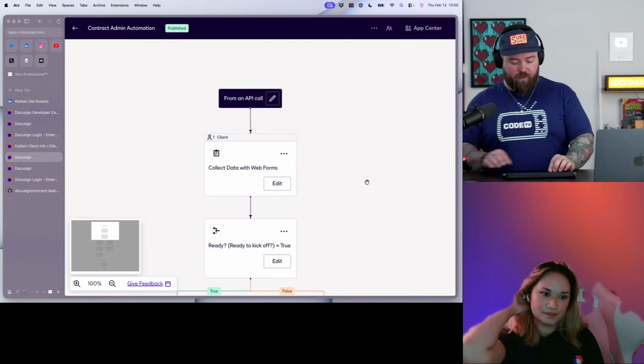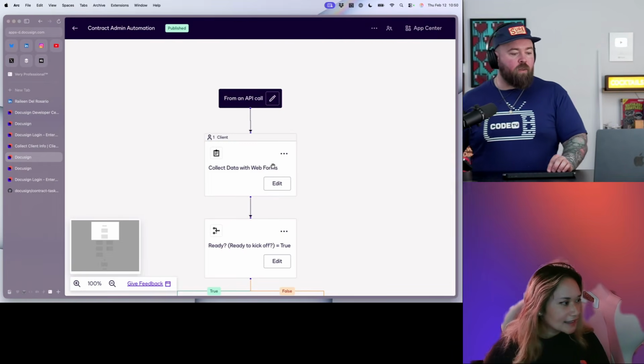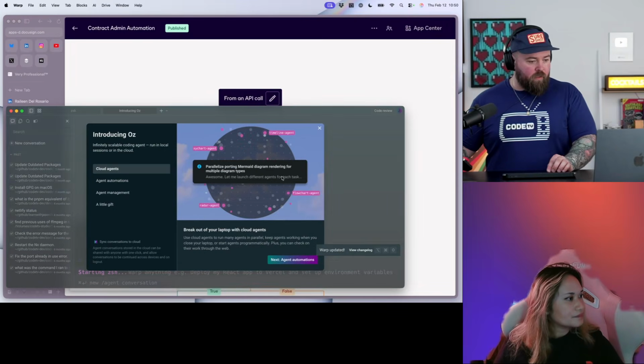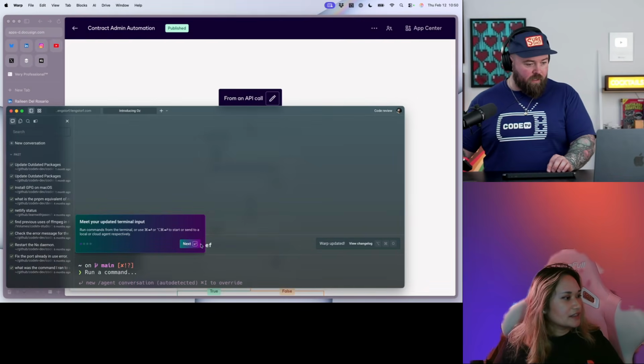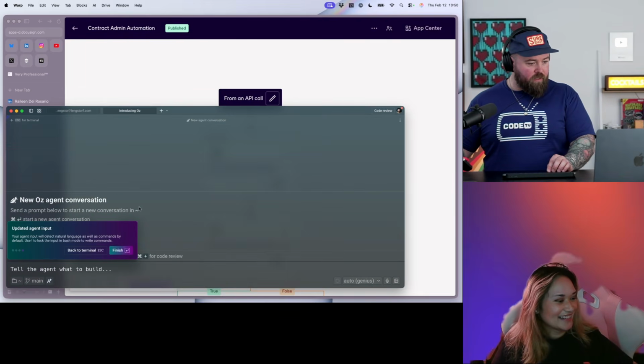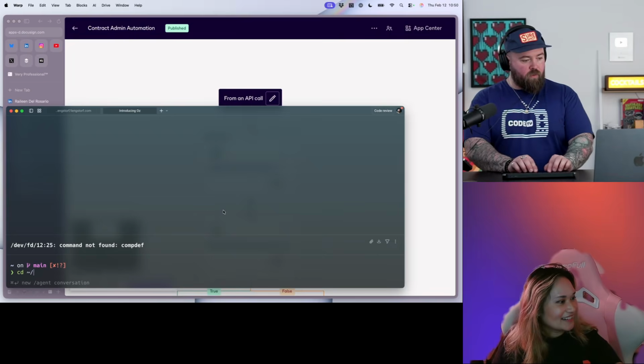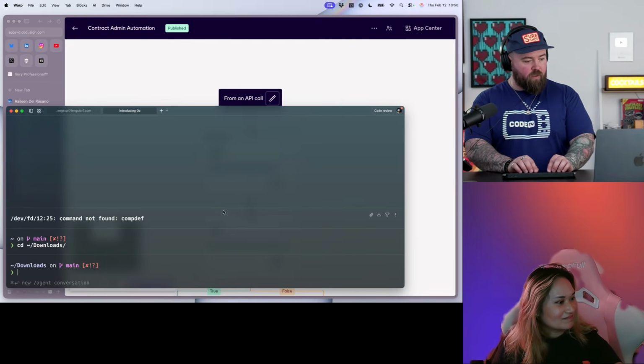Let me pull up Warp. We use Warp for this. So if I want to, where is it, there it is. I need all of this to go away. Yeah, whatever it is. Yep, got it. Okay, so I'm just going to go to the downloads folder so that we're somewhere kind of clear.